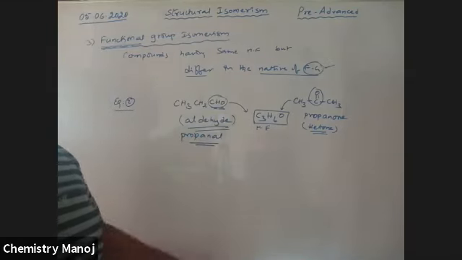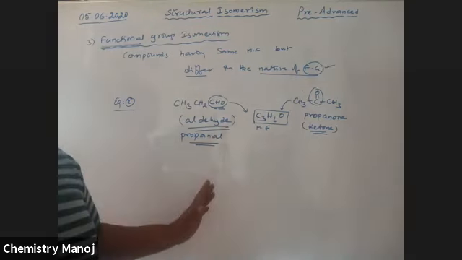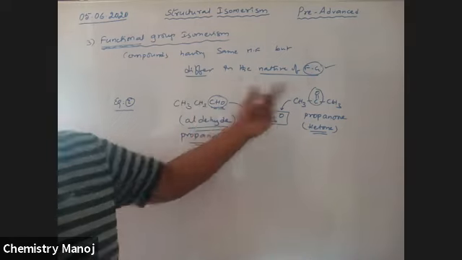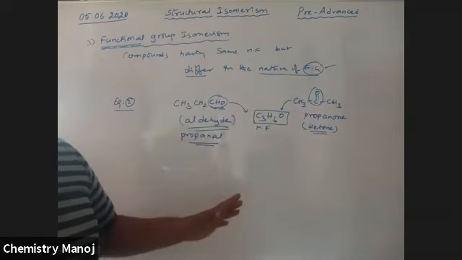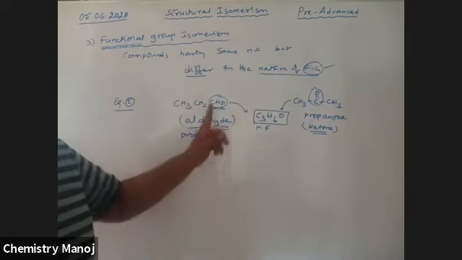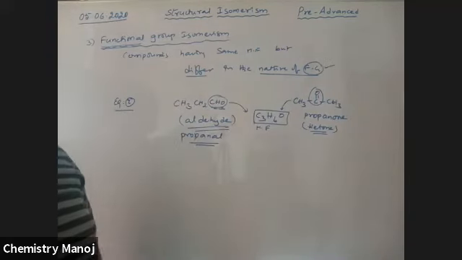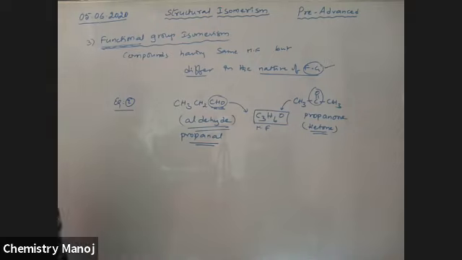Okay, so very well. Don't consider this chain isomerism. In chain isomerism, only the carbon chain is different, but here the functional group is totally changing. Even though the chain is different, the major change is the functional group. So the functional group is changed, that is, it is a class of functional isomers.